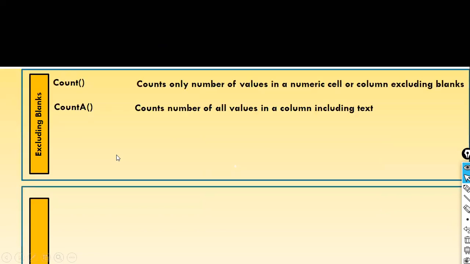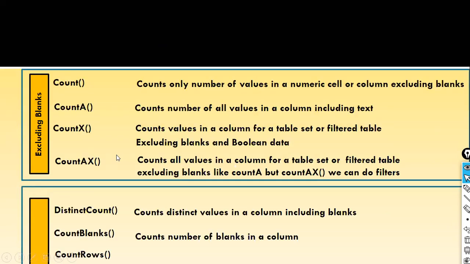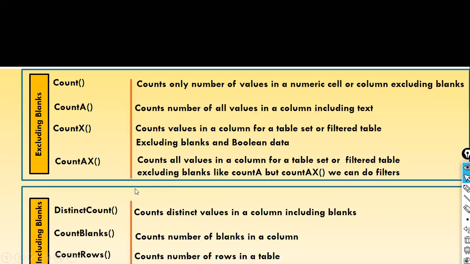So here I have created 2 categories for all these 7 count functions for the sake of simplifying your understanding. Here, these 4 count functions exclude the blanks. Supposing you have a sales column. Here you have 10, 2, and then you have a blank value. Just think this is a blank or null value, and then 22, 23. If you use a count function,